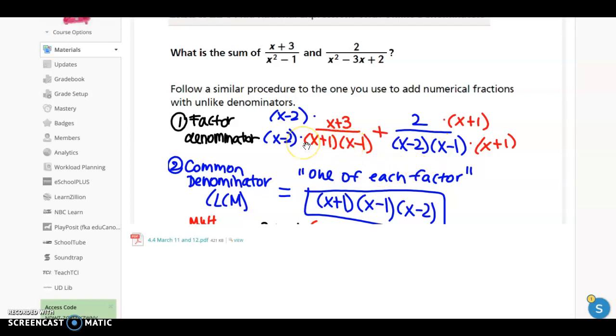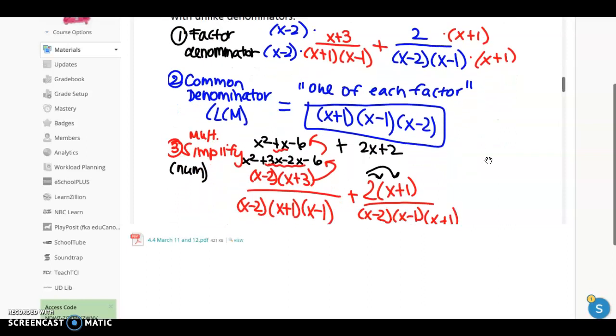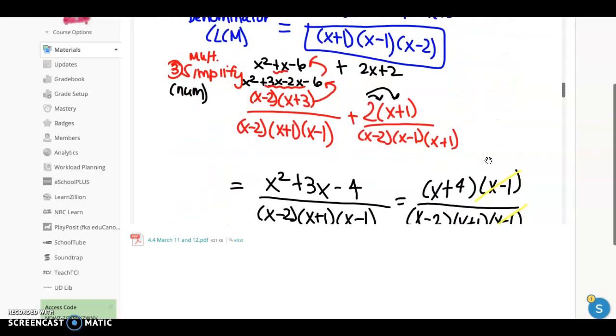And then I look at the overall picture. What does this red writing have, or what does it not have, right? It has the x plus 1, it has the x minus 1, it needs the x minus 2. So that's why I multiplied the top and the bottom, the numerator and the denominator, by x minus 2. Same thing over here, right? It had the x minus 2, it had the x minus 1. I need to multiply it by the factor that it's missing, the x plus 1, on the top and the bottom. Once I do that, I can really just write this as one fraction,